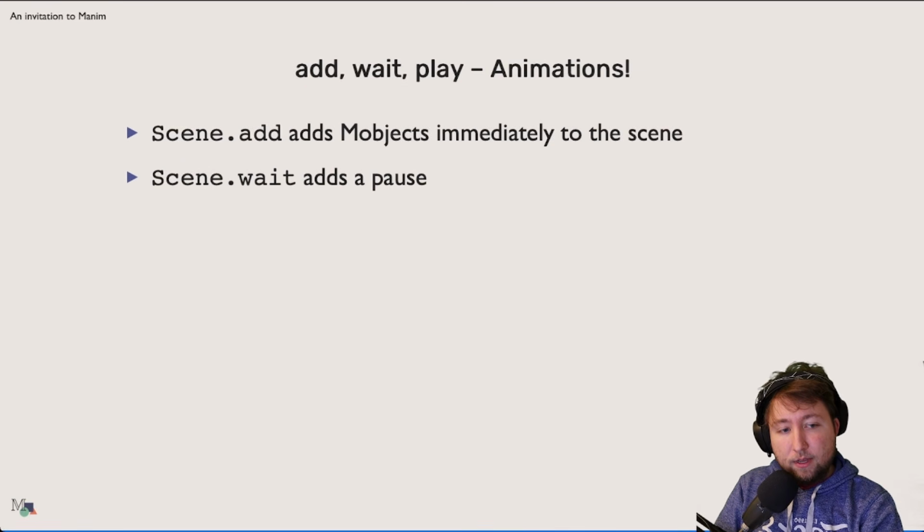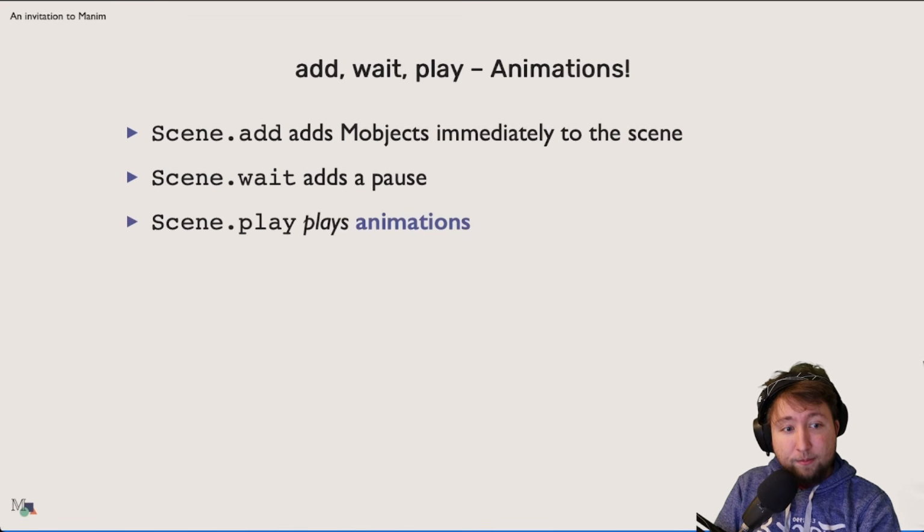One thing that exists is scene.wait. So we would add in our class a call to self.wait and then maybe specify some amount of seconds. This creates a pause in the video, in the animation, where nothing happens. So if you go back and do that in the example that we've seen before in our static image, you would suddenly produce a video, but nothing would happen in the video. It would just be the image you've created anyways.